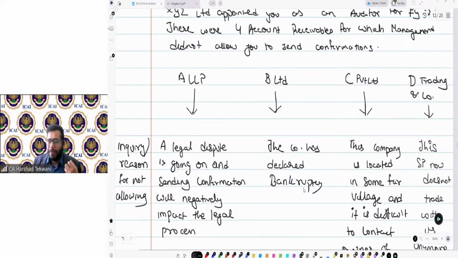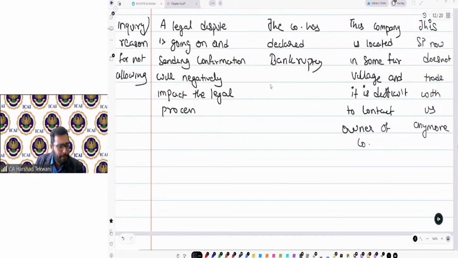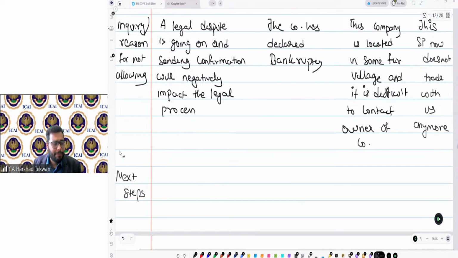Now let's do one by one. In the case of A LLP, what do you think about the reason? What will you do? Once you think about the reason, what is the next step that you are going to perform? So evaluate the reason and the next steps.